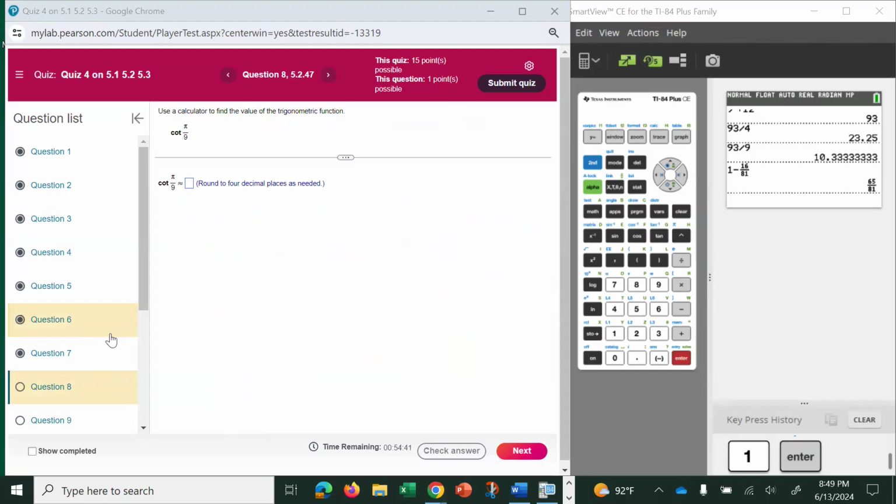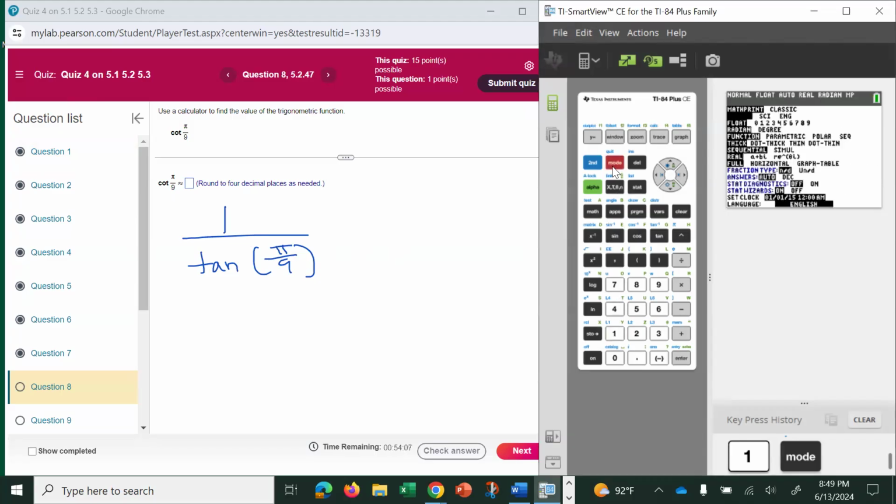Use a calculator to find the value of the trig function. So cotangent, remember, is the reciprocal of tangent. So you don't have the cotangent button on your calculator. You only have sine, cosine, tangent. So to do this problem, we need to enter it as 1 over tangent of pi over 9. You have to make sure you're in radian mode. So whenever you're given cotangent, we type in 1 over,